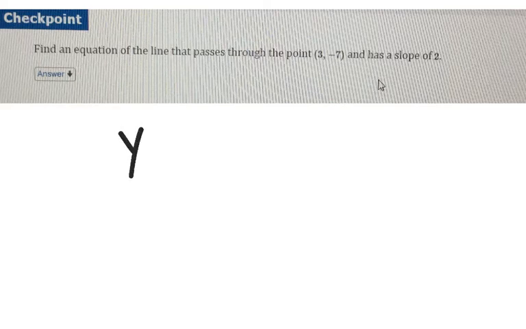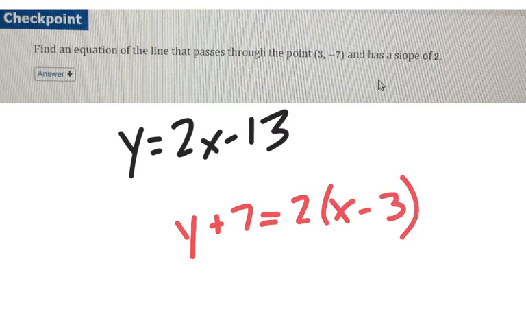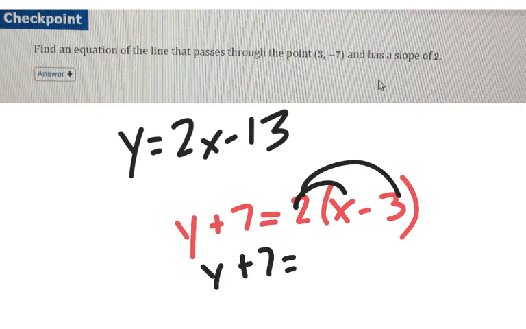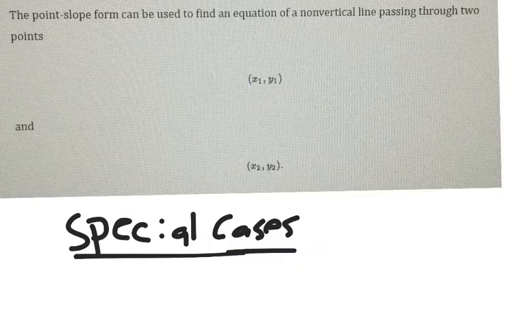y equals 2x minus 13. What do you guys think? I haven't worked it out, so I have no idea. Y'all think that's right? Okay, that should be our point slope form. And if I distribute, y plus 7 equals 2x minus 6, which says y equals 2x minus 13. I agree. Okay, so the first special case is if we have a vertical line,